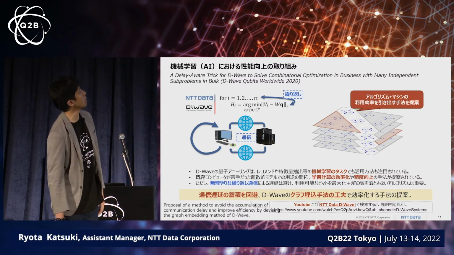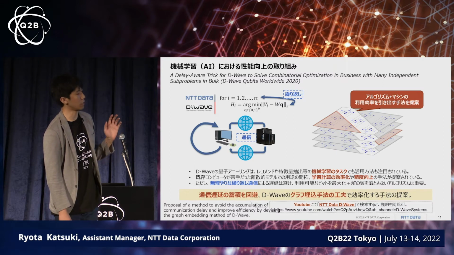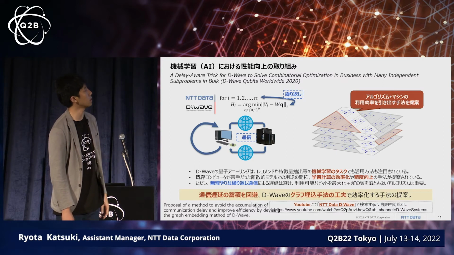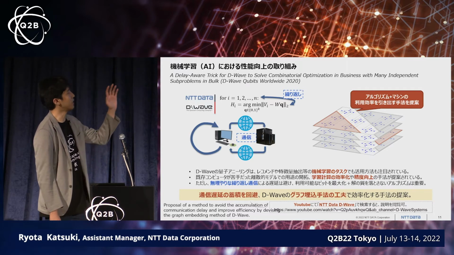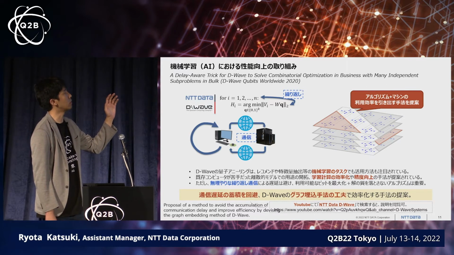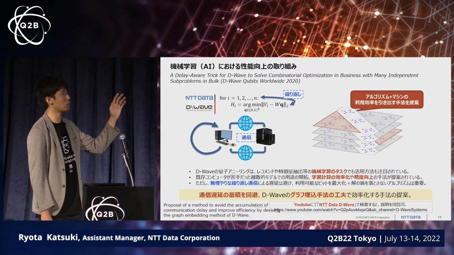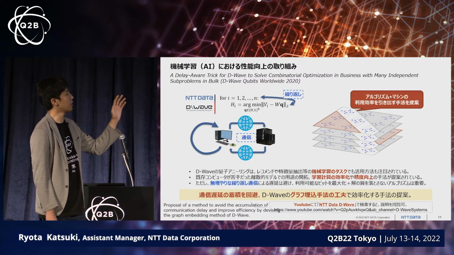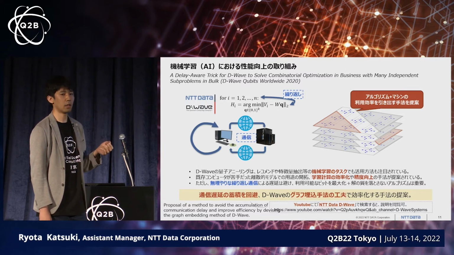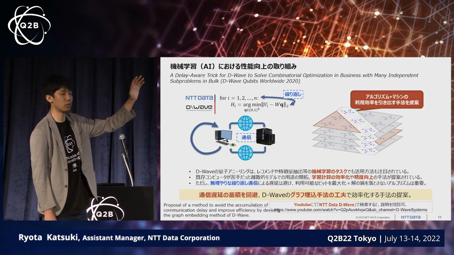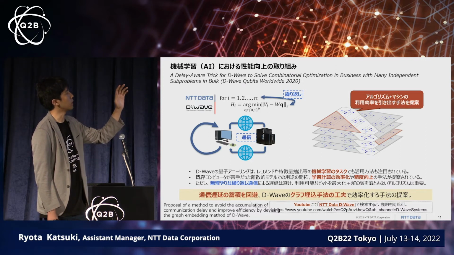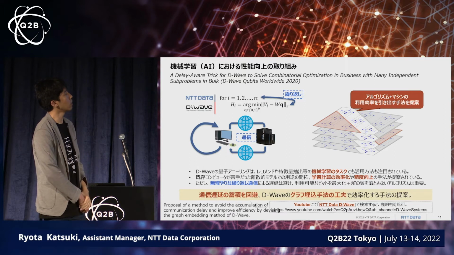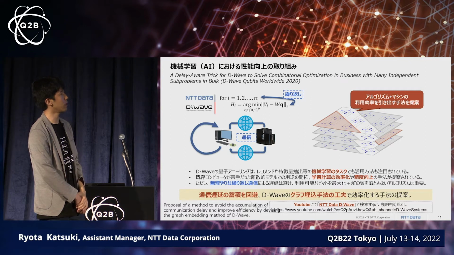On left top, you see the equation. NTT Data does most part of the learning algorithms, but then the difficult part would be given to D-Wave for a solution. Now, if you go through this cycle, the communications delay can become a bottleneck. In that case, algorithms on the cloud can be better utilized, and D-Wave's hardware can be tuned to do the graph embedding to make it more efficient.